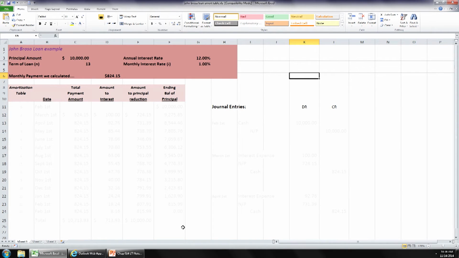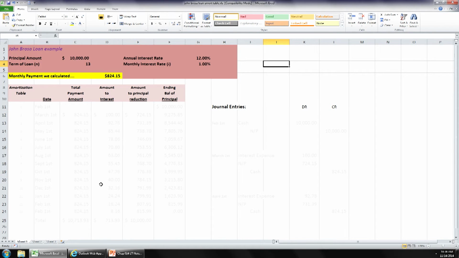So our principal amount is $10,000, right? Our term of the loan is 13. The annual interest rate is 12%. The monthly interest rate is 1%. Is that correct? And we figured out the monthly payment previously is $824.15. Now what I'm going to do, and this is just a very important piece of knowledge that you should have in your lives,